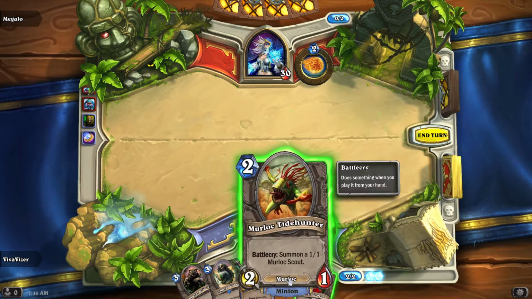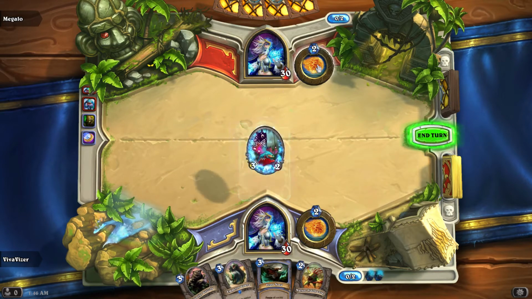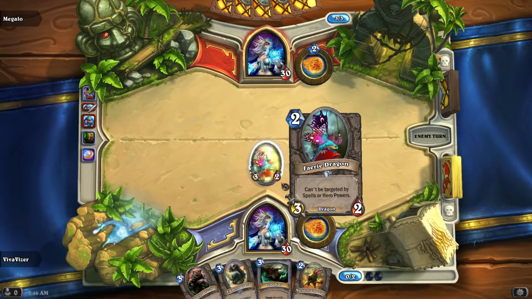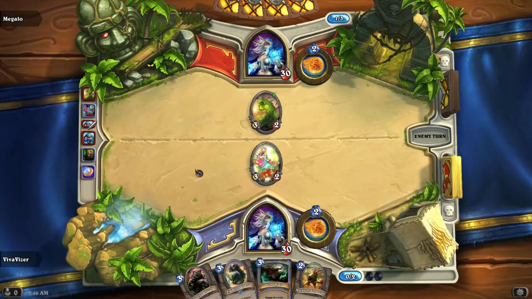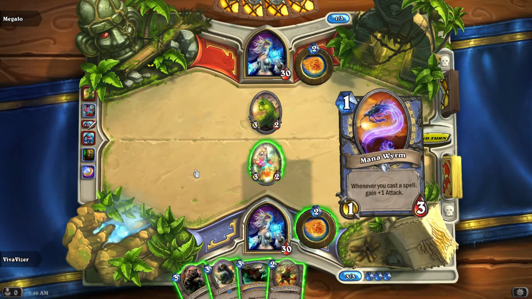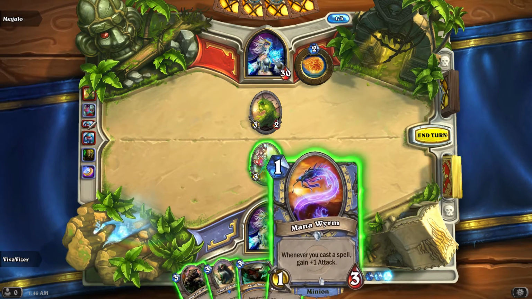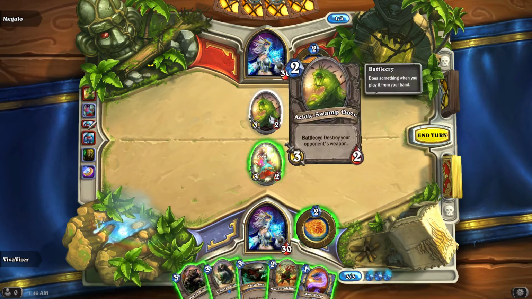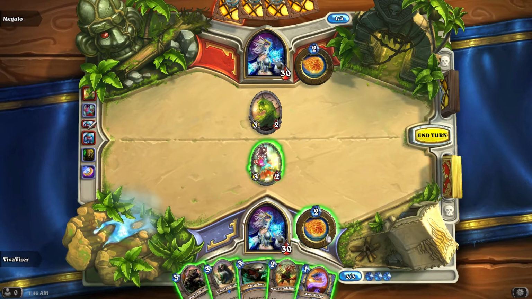All right, and this time, I'm not gonna play the Murloc Tidehunter. Instead, I'm gonna play the Fairy Dragon. Can't be targeted by the Fire Blast. Next turn, depending on whether I need to protect the Fairy Dragon, I'll either go Emperor Cobra or Taunt. Thing is, the Taunt just trades out for it kind of easily. I think instead I'll go